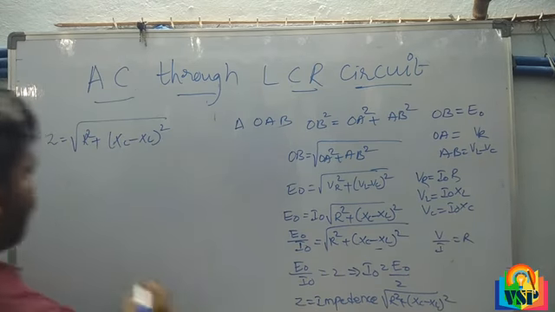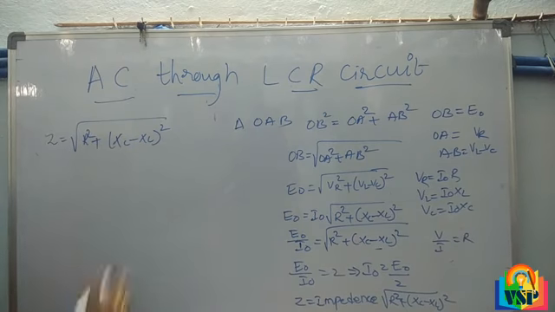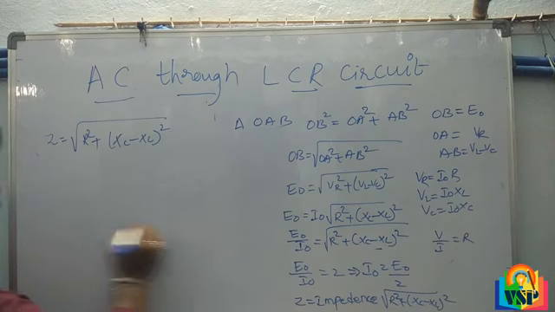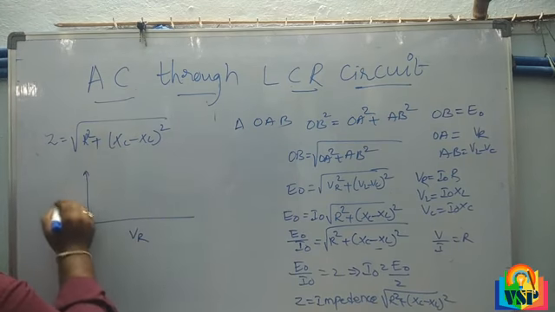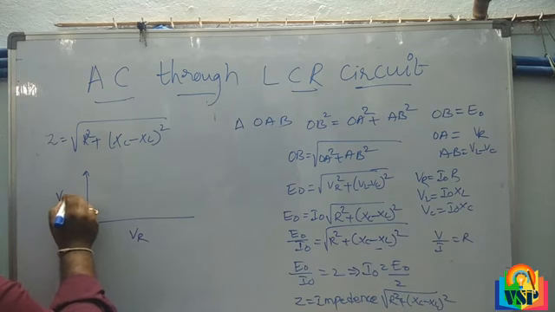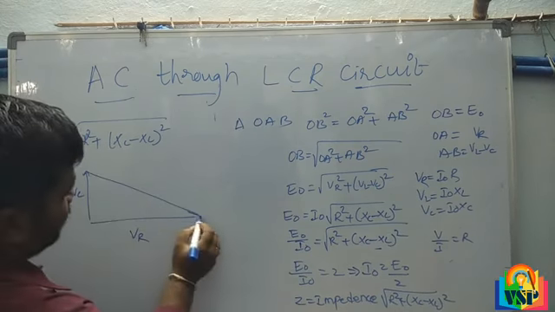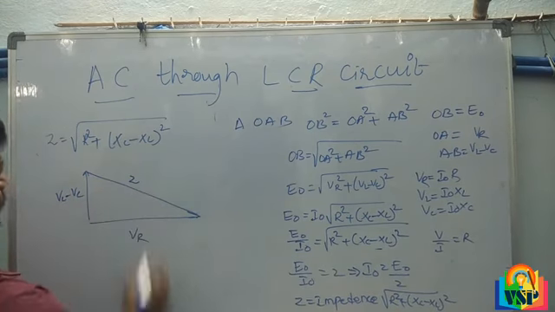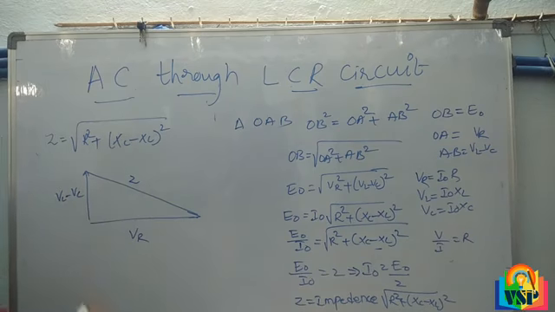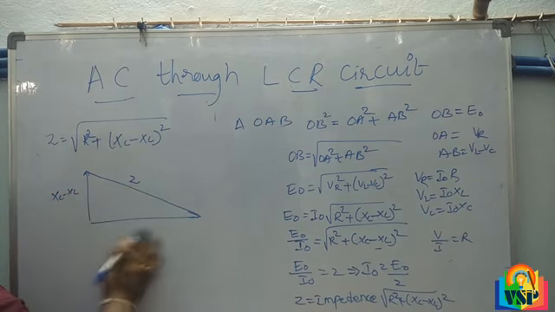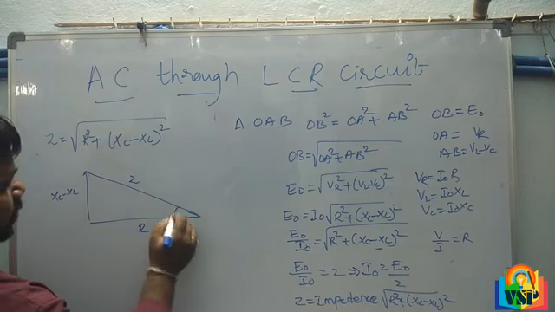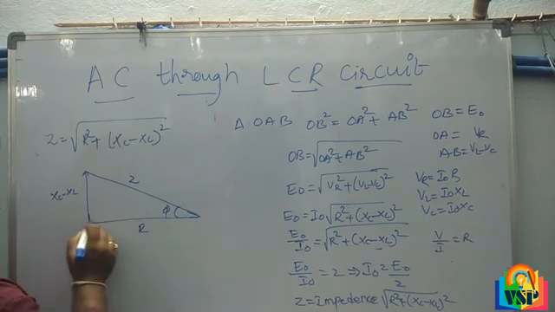Okay, from the same triangle, by arranging phasor diagram in different manner, we can get like this. VR, VL minus VC. This is E bar vector or Z. Okay. We can arrange like this. XC minus XL, or here phase angle phi. Understand? Here in this case, how we can get direction.